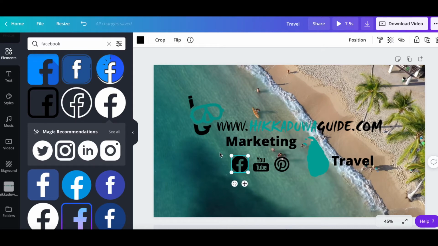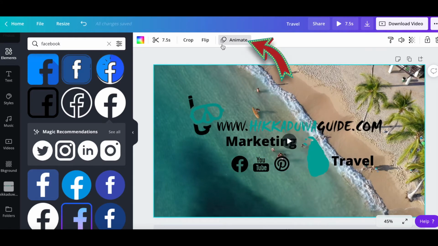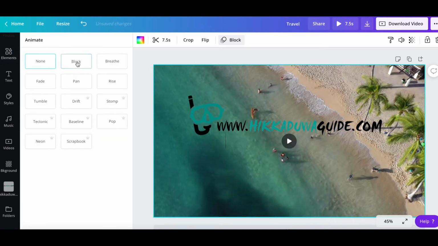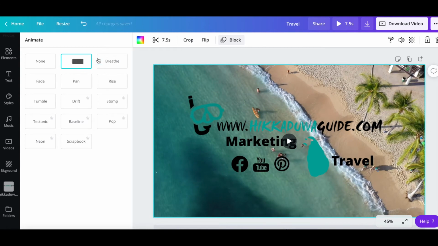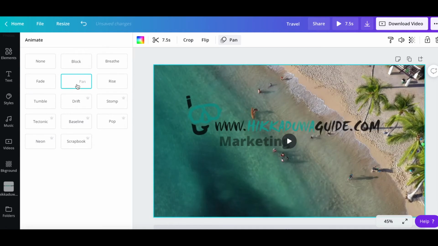And for this I will select them and select position and space evenly vertically. Here you can also animate. That's a cool effect. You could do something like that, or this, fade.